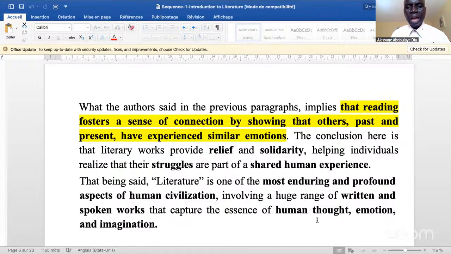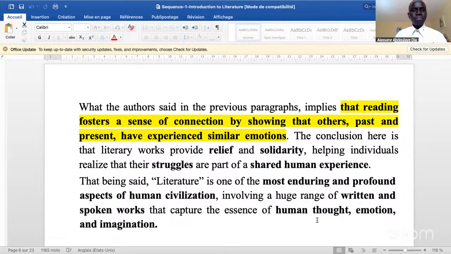You may have read books like God's Bits of Wood by Sembène Ousmane, Les Bouts de Bois de Dieu. You see how the railroad workers have struggled, their human condition, les cheminots, la grève des cheminots, how they have collaborated to fight against human injustice because they have a shared human experience. And workers in real society can also read Les Bouts de Bois de Dieu to get inspiration. They will say, camarades, on va faire comme les personnages de Ousmane Sembène dans Le Bout de Bois de Dieu. You hear people saying, like Hamlet said in Shakespeare's Hamlet,